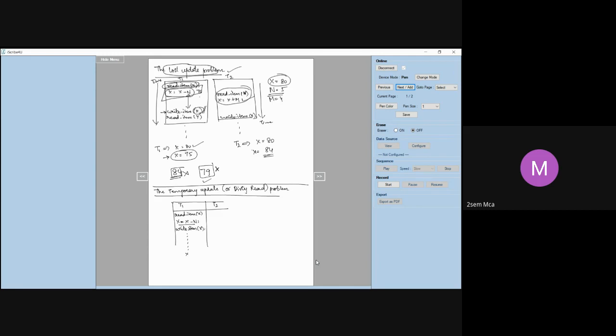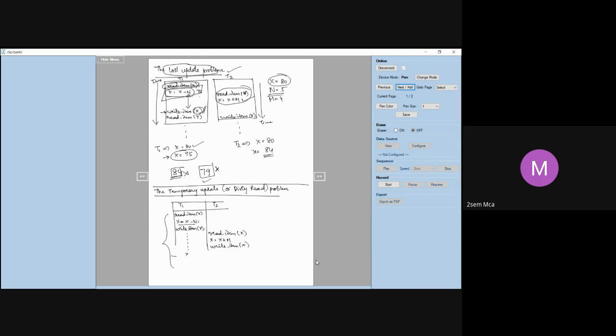Meanwhile, after this write item of X, transaction T2 will come and start reading this X. Then it will also do some updating: X is equal to X plus M, and it will also do the write item of X. Now, what is happening here? T1 updates the item X and then it fails before completion. We don't know whether this transaction is complete or not. After writing this item X, transaction T1 has failed for some reason.